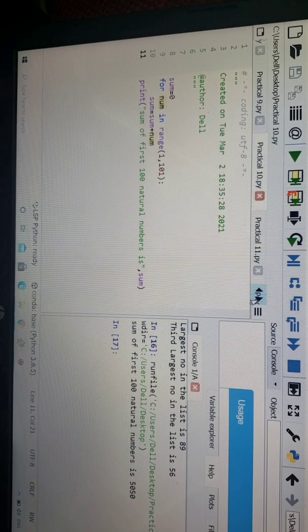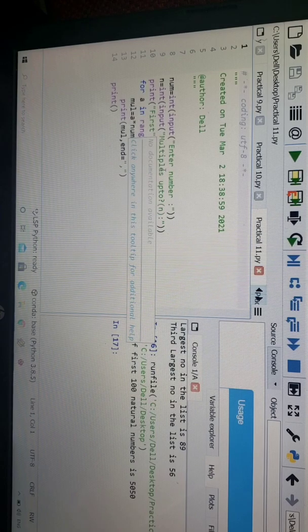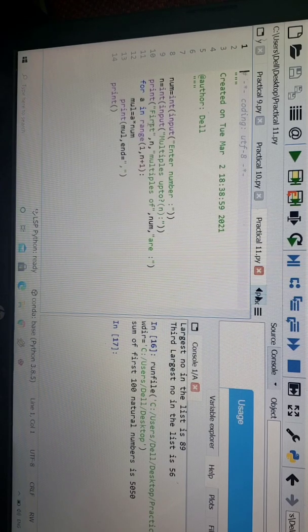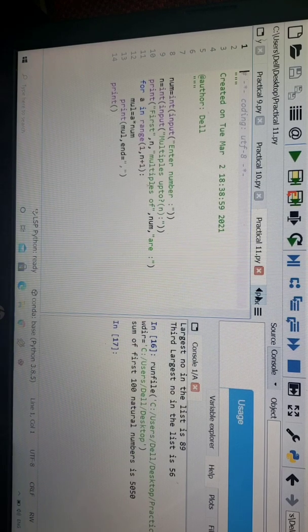Now let's have a look at the next program, where you have to get the multiples of whatever number you want. That number you can add and get its multiples. This is simply like the way you get your tables, 2 ones are 2, 2 tens are 20. In that way you need to enter a number and its multiples, whatever you want. So that is also very easy. Here you will enter the number, then up to what you want its multiples, and then using this for loop you get the number and its multiples.